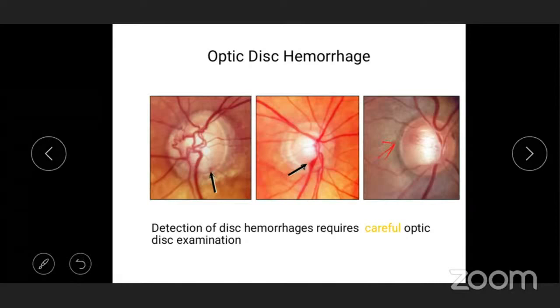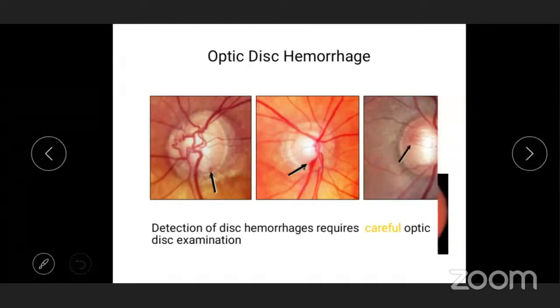Then it can be on the blood vessel, just on the contour of the blood vessel. So it requires careful examination. Or it could be as small as this one. The arrow is already there. So they require careful examination. And again, the commonest location for the disc hemorrhage also, I don't have to tell you the answer, is again inferior. It is inferotemporal. So please remember this. And if you remember all that, then the last 2 slides of my presentation become easier.